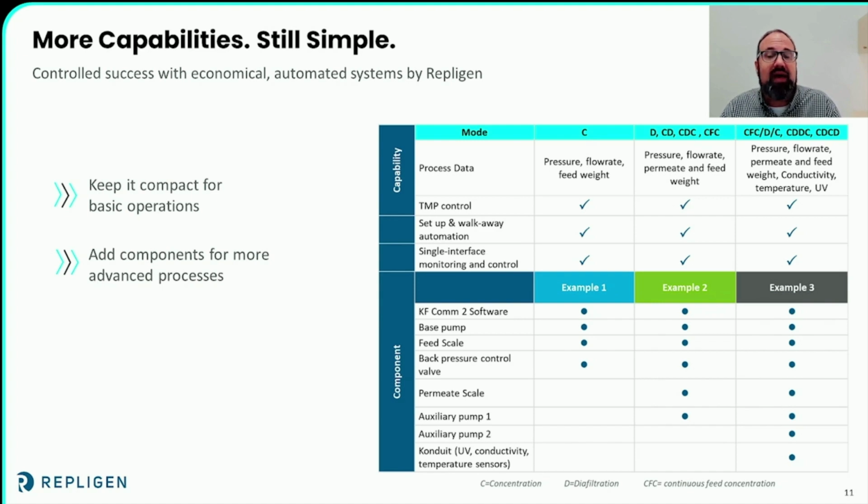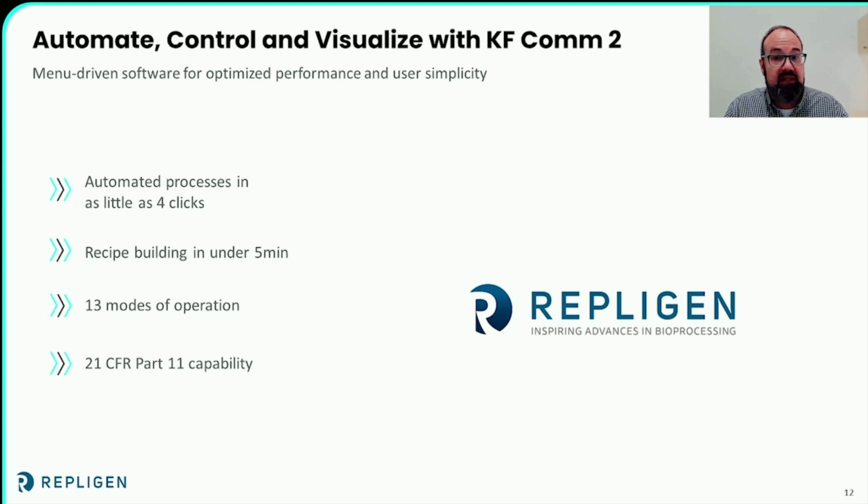And if you're looking for higher complexity setups and more complicated processes that aren't available from our competitors, like CFC, continuous feed concentration, start with an external volume larger than your retentate vessel, or end your process with conductivity, then it's the same story. Plug and play with 1 or more auxiliary pumps and add the conductivity sensor unit. That's it.